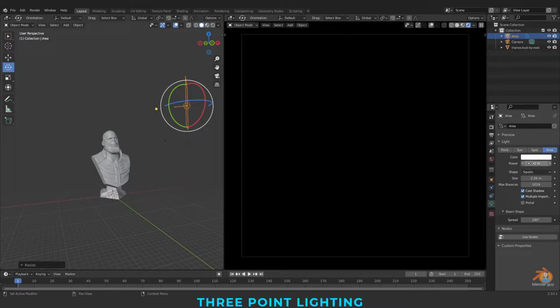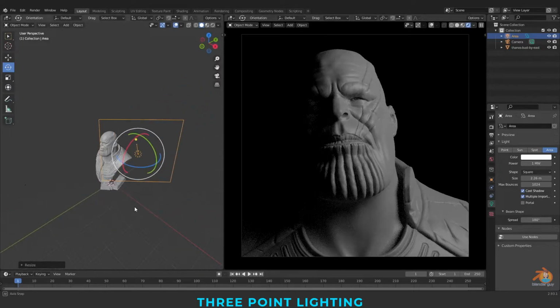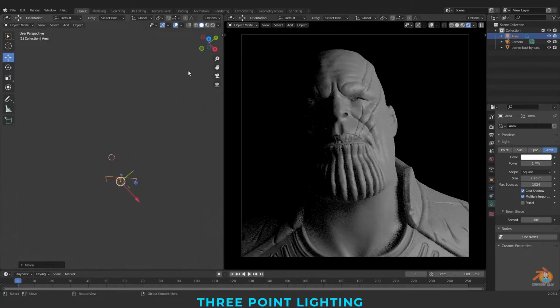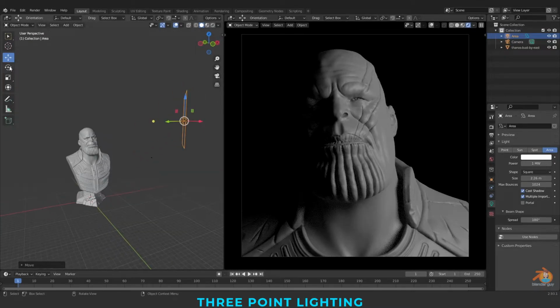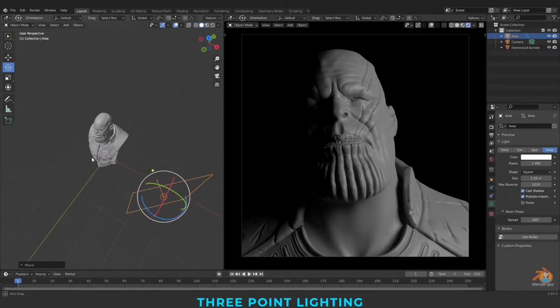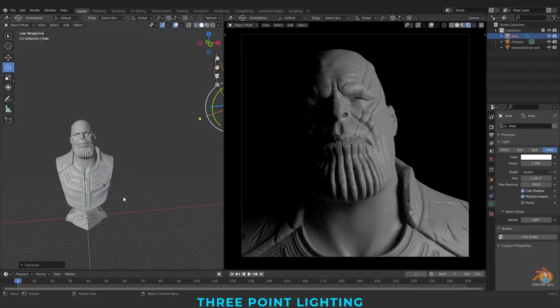And increasing the power, which is the intensity. You can also rotate it if you want. And I'm giving this as a key light.